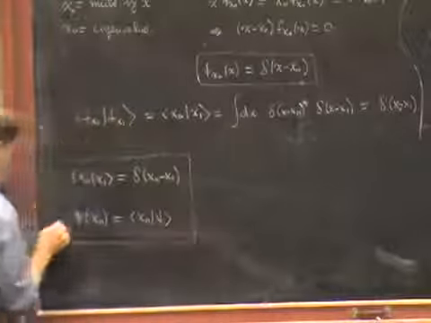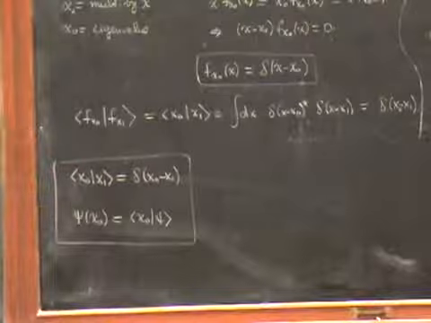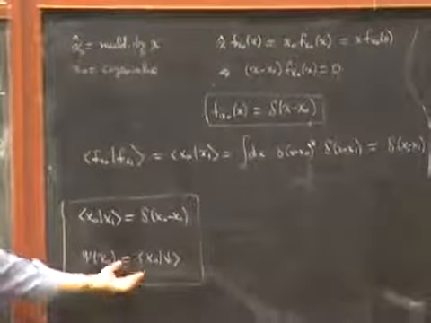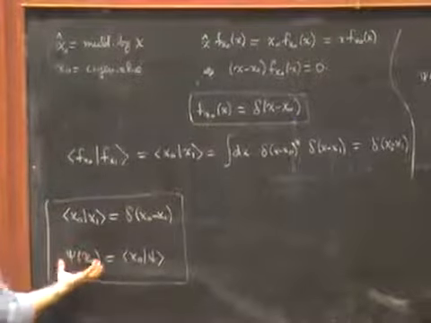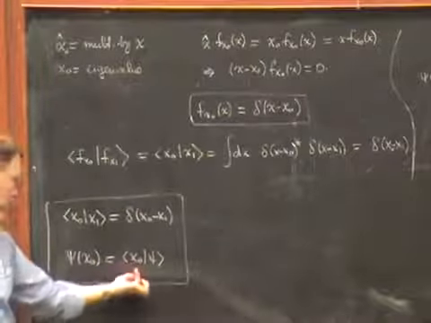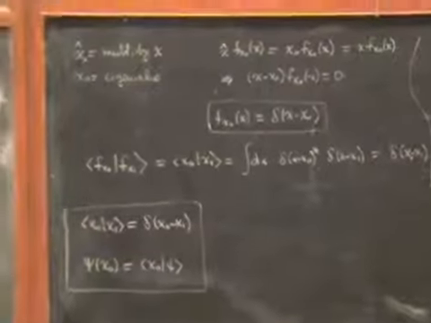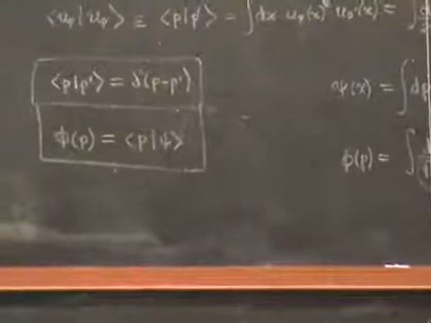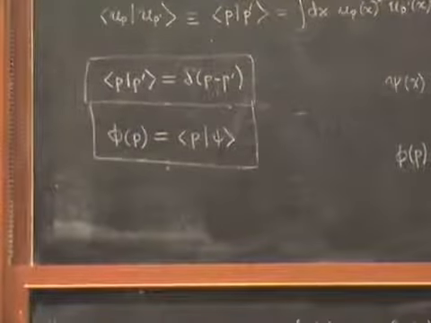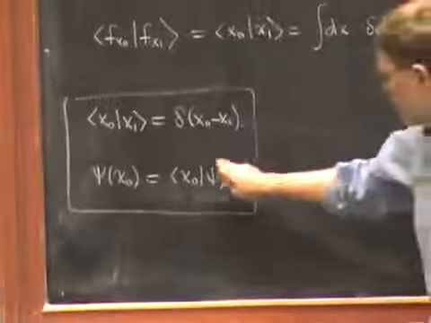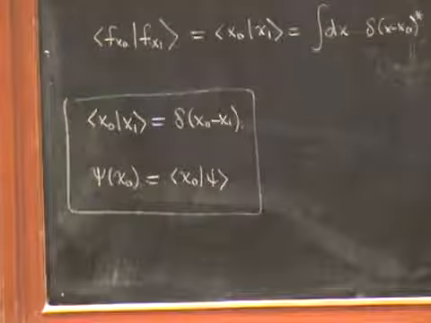And I ask you to compare these two results with the momentum results up above. You see in both cases the wave function is in effect just the expansion coefficients of the abstract state with respect to the basis, which is an eigenbasis of an operator. This is one reason for not regarding wave functions in configuration space as being the central object of the whole story. Rather, it's the abstract vector that is really the central object.